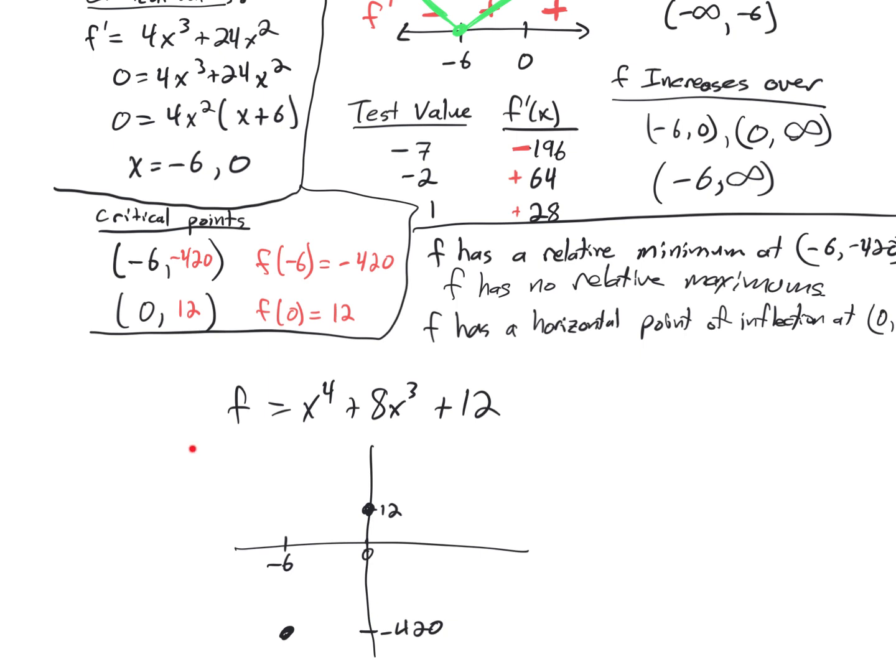So in terms of the graph, I'm going to decrease all the way up until I hit the point that I listed, then I will increase up to this point. At the point, I need a horizontal tangent line, and then I'm going to increase beyond that. So let's go ahead and sketch that. I'm actually going to draw in a little horizontal tangent line just to emphasize that the reason that these are